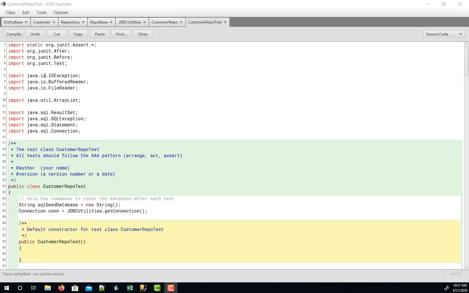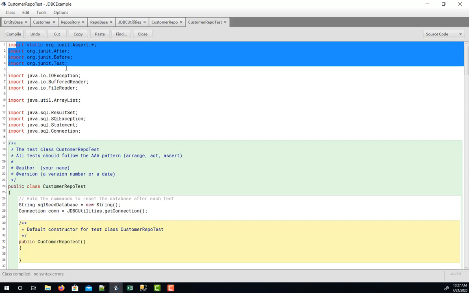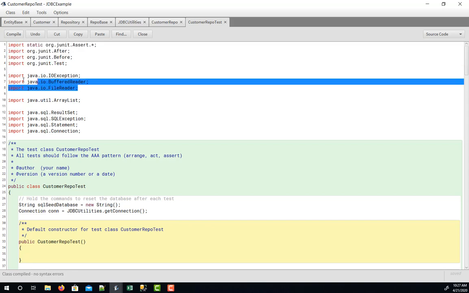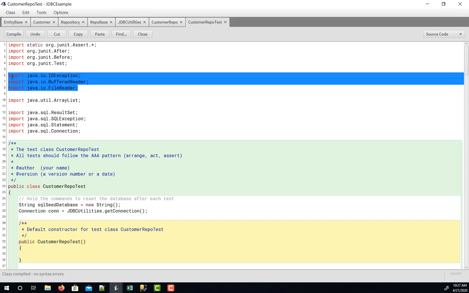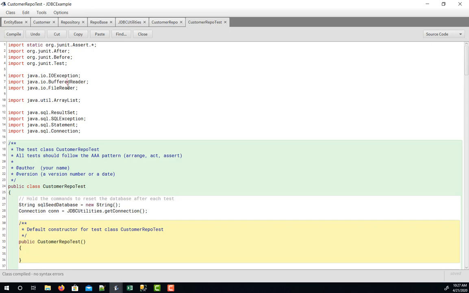So we're going to import all the JUnit libraries. And then I've got some libraries here for reading from a file on the file system. I've got an array list in order to deal with collections. So again, the array list is so that we can deal with the parts of the repository that return collections. And then we've got our